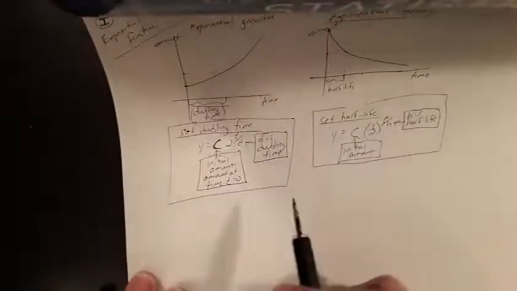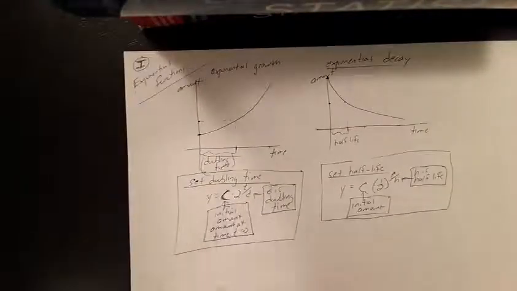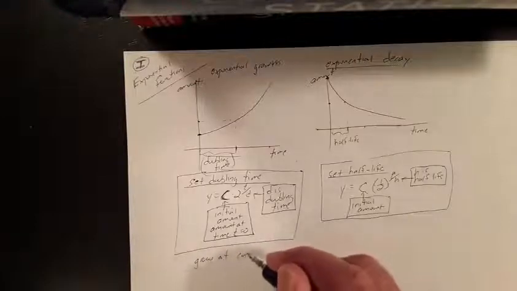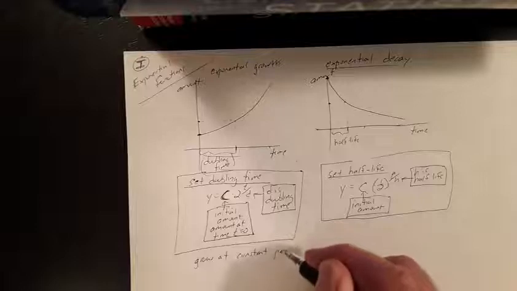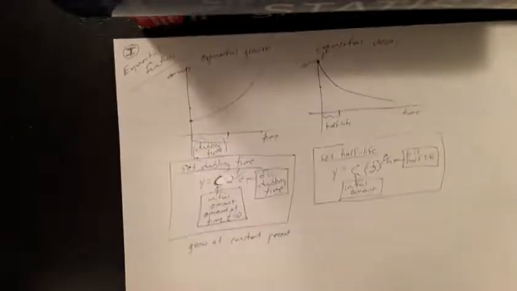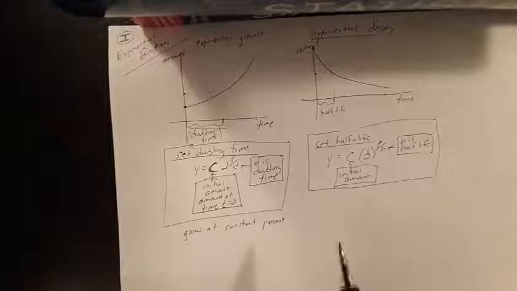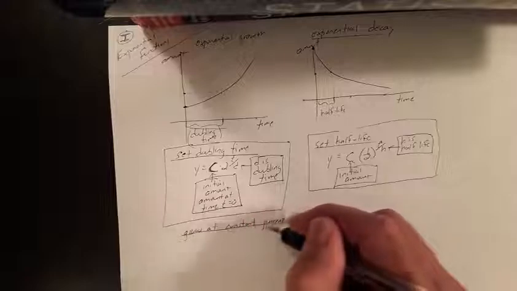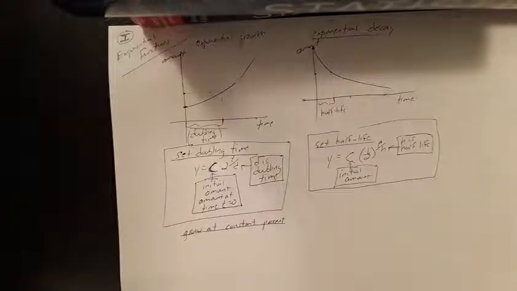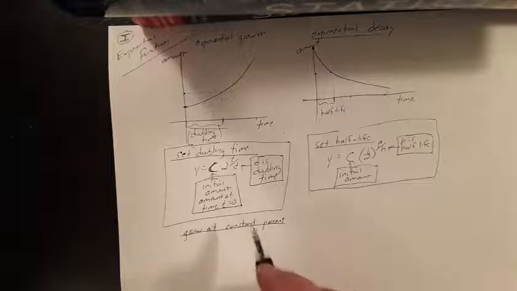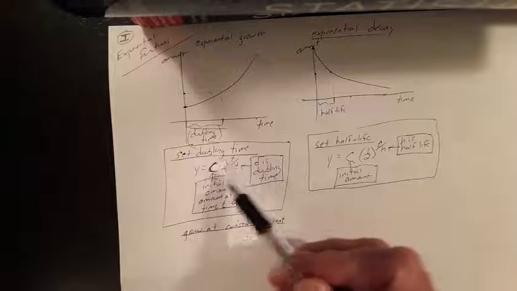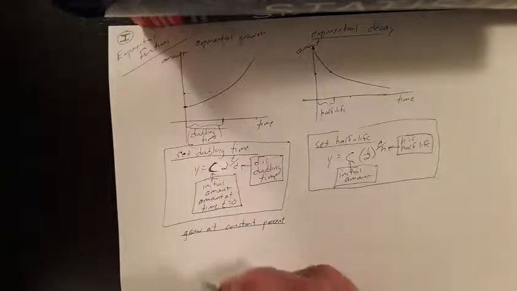So then you got to realize that these things, let's go back to exponential growth now, they grow at a constant percent, like 5% a year or 7% every 6 months or these kind of things, right? They grow at a constant percent. And so for that reason, they can all be written also, right? I mean, the same function that can be written as doubling time in this manner, the same function could be written in this other manner in base e,